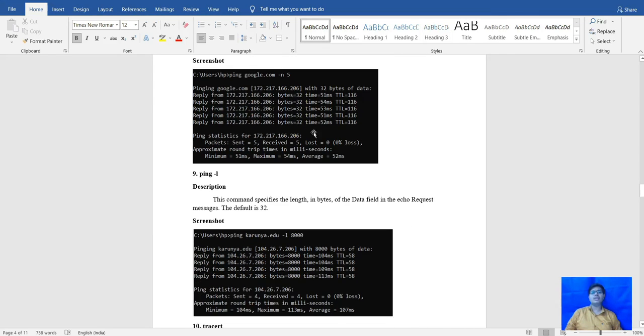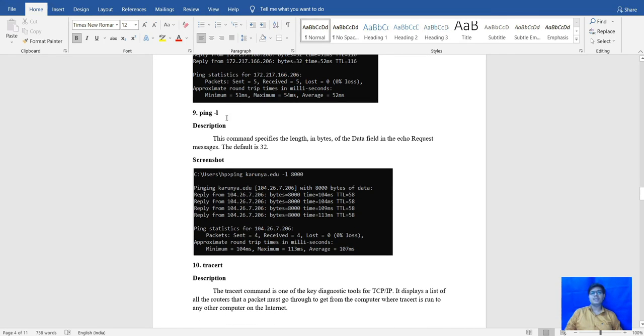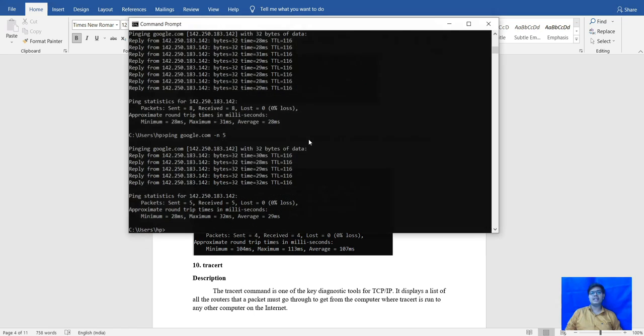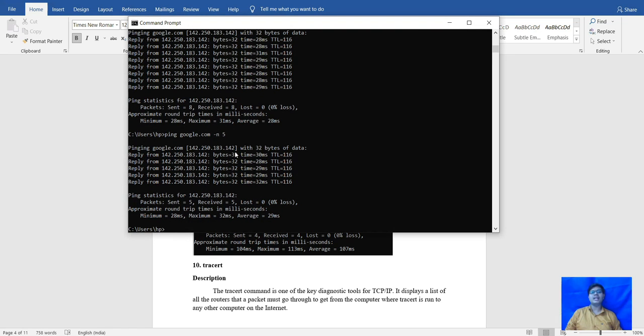After that we will go to the next command, that is ping -l. This command is used to specify the length in bytes. By default the bytes are 32. If we give bytes, for example 5,000, 6,000, 10,000, it will show the bytes that are specified in the length.